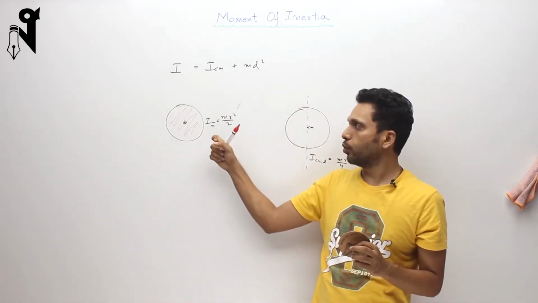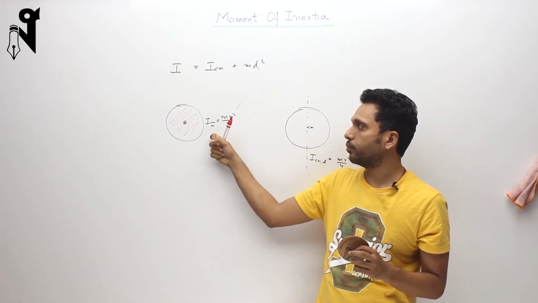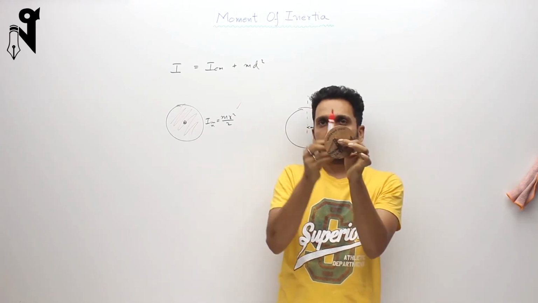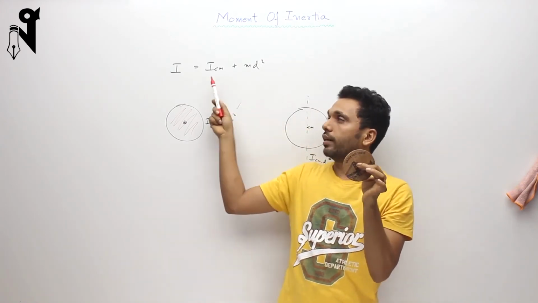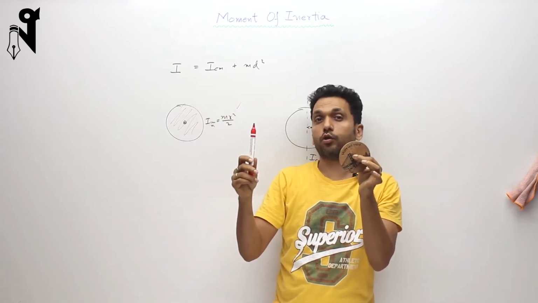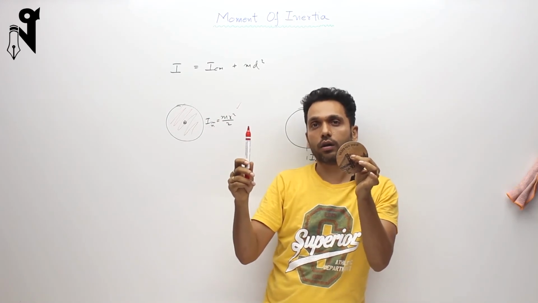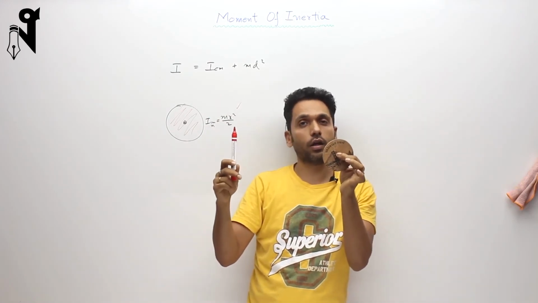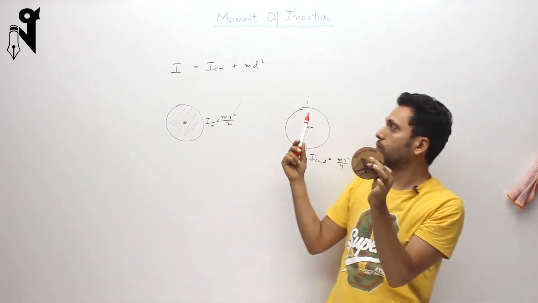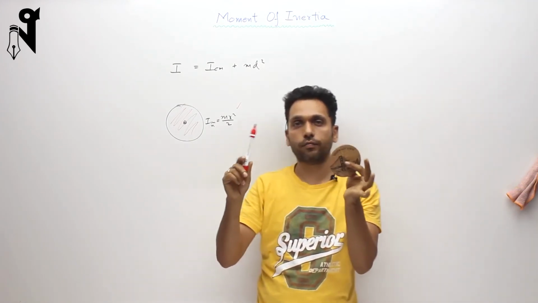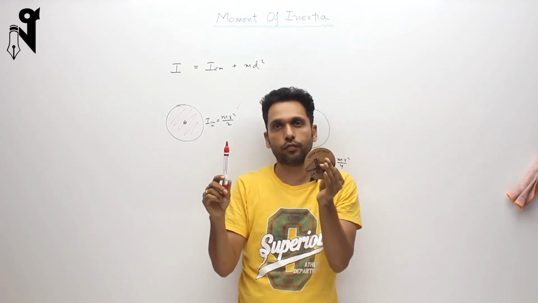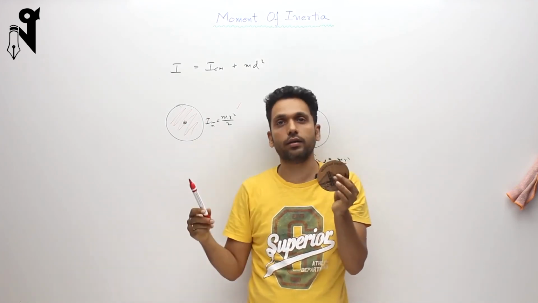Like suppose you knew only this value of ICM, which is mr square by 2, and I had asked this question, and I'll say the body is d away, you will apply md square, and then without thinking much you may apply ICM as mr square by 2, because you know only that value and you have not given a thought to which axis is in question. Then you'll get a wrong answer. Your answer is going to be right if you knew this value also, and then would have thought or compared what is happening, which axis is shifted, this or any other axis.